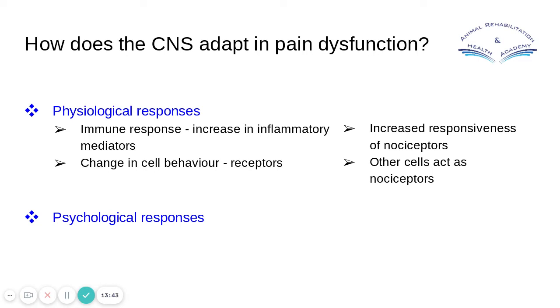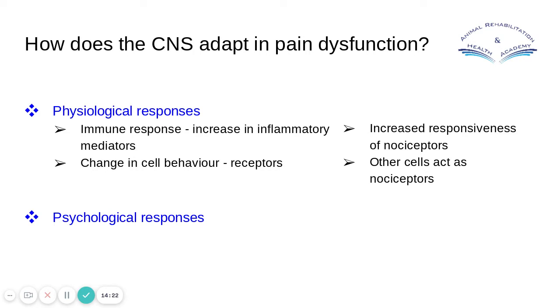But there's an immune response, just briefly to cover it for you here, just so that you understand there are some physiological responses. There's an immune response which can increase inflammatory mediators, cytokines, etc. That's actually quite a big part. Without trying to confuse you, it does have some connection to the amygdala and fear, and there's another train of thought down that way. But just to keep it simple for you here, we'll think about the increase in inflammatory mediators.